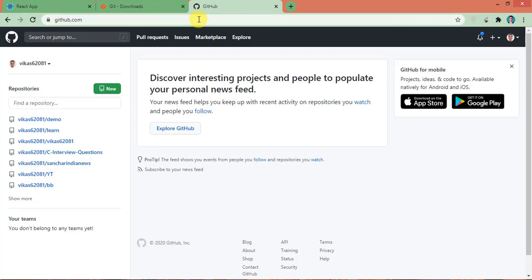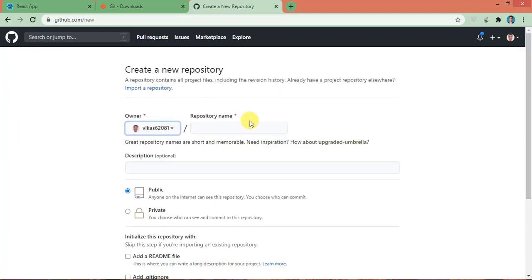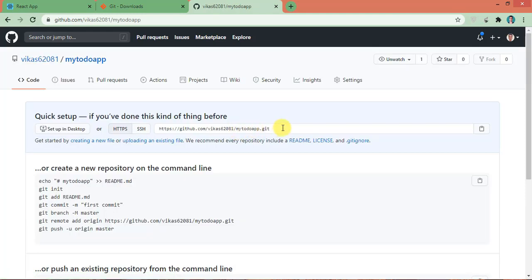Okay, and here we are going to create a new repository. In that repository we are going to keep the to do application files. So click here new and create a new repository, and let's call it my to do app. Okay, and hit enter. So it will create a repository for you, as you can see here.